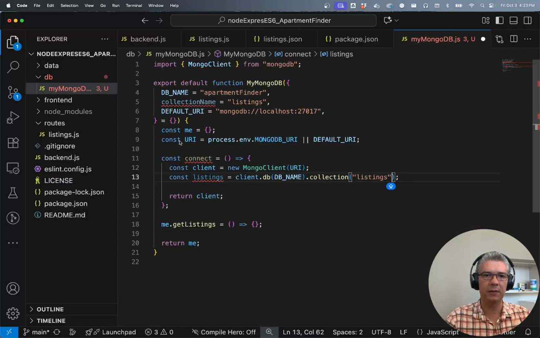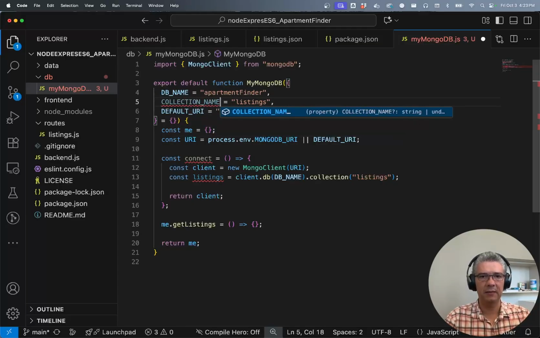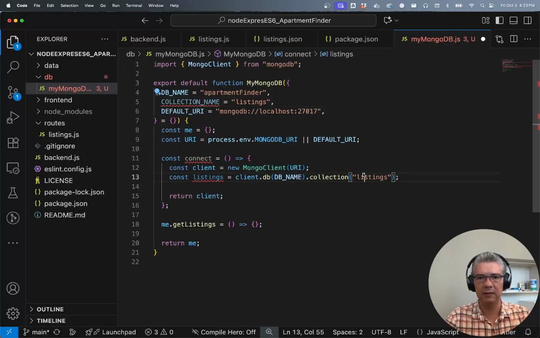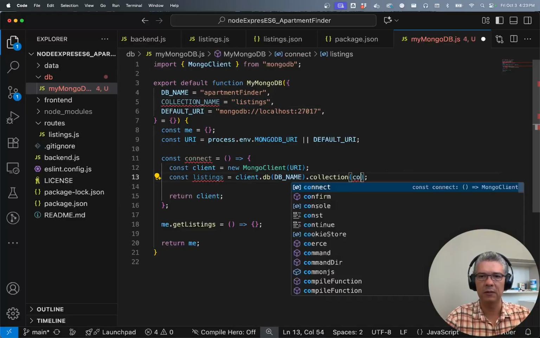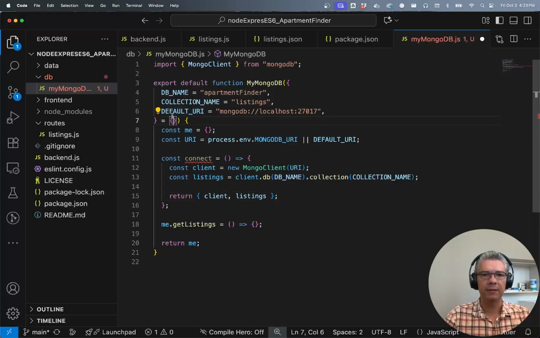And this is going to be, let's keep, I'm not liking the constant name again. So I think I'm going to go lowercase with those. Collection name, perfect. So we have that. And then basically this is going to return, and I want to return the two things. Okay. Good. So should I change that? Yeah. Let's change that. So this is going to be the DB name, and this is going to be the